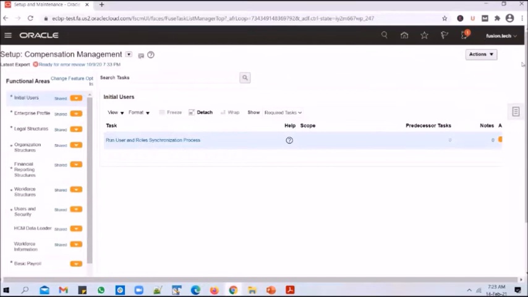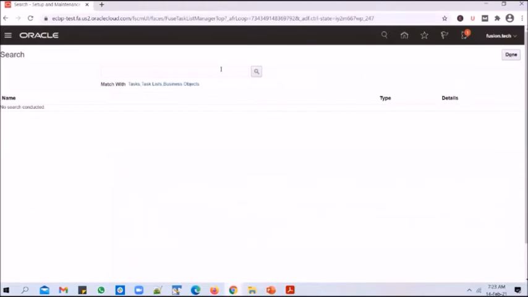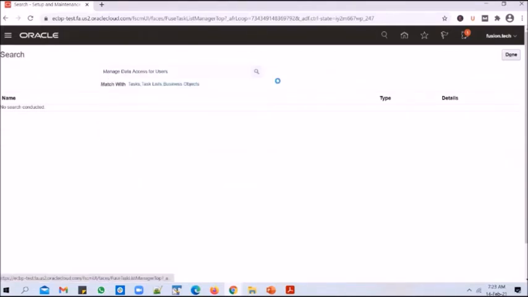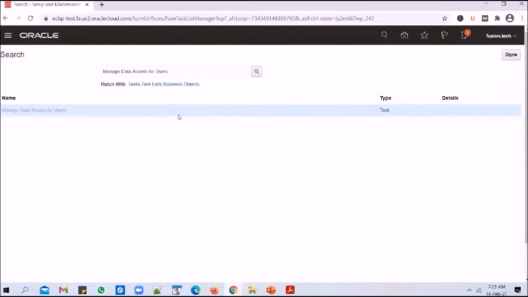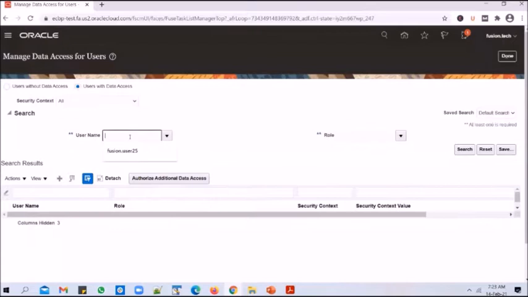To figure that out, you can go into the FSM screen, Functional Setup Manager, click on the tasks ribbon, go to global search, and search for the task manage data access for users. Then go to users with data access, type in Fusion.tech, and type in the role as accounts receivable manager.